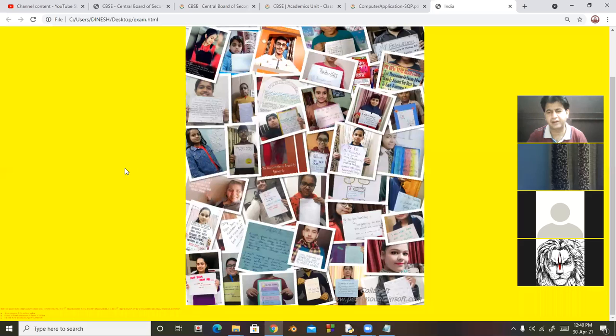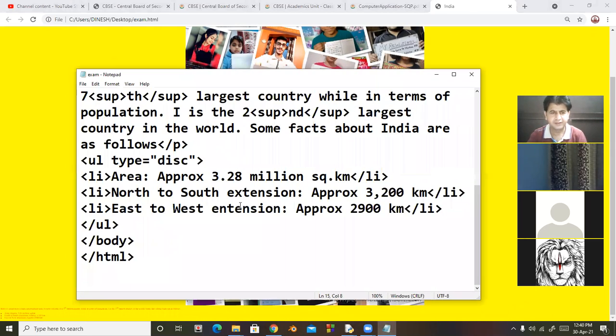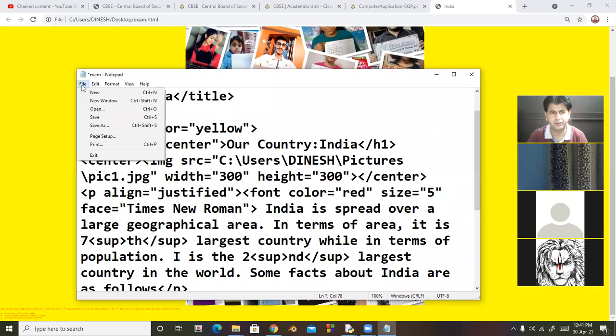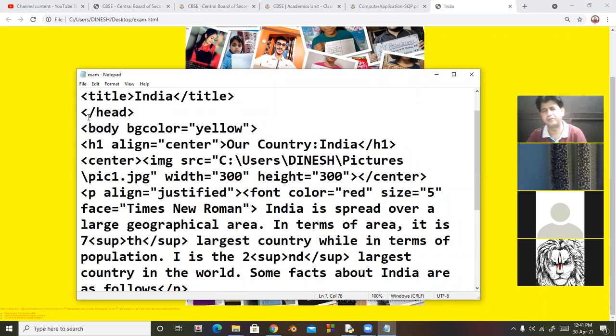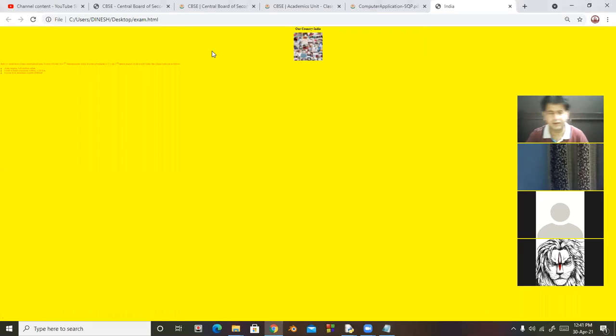Here picture is of very big size, so I am going to reduce the size of picture. But for theory purpose, no need to use height and width because there is no information regarding this.